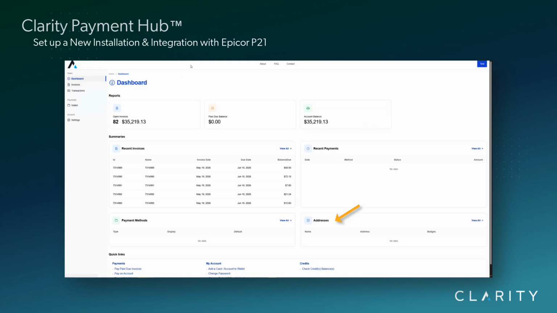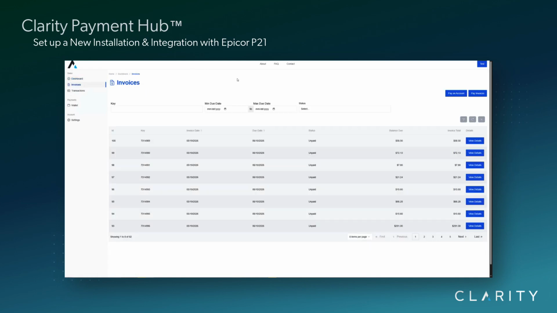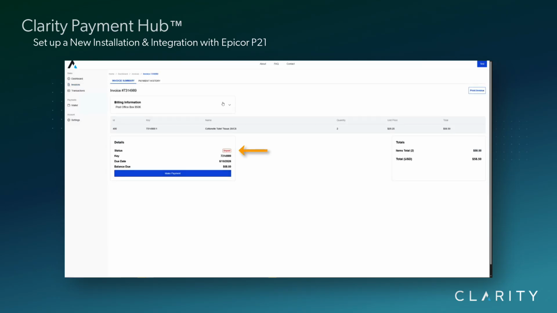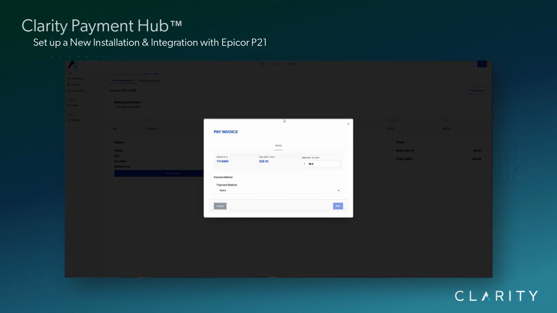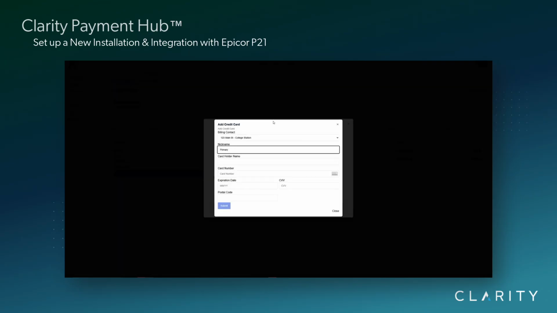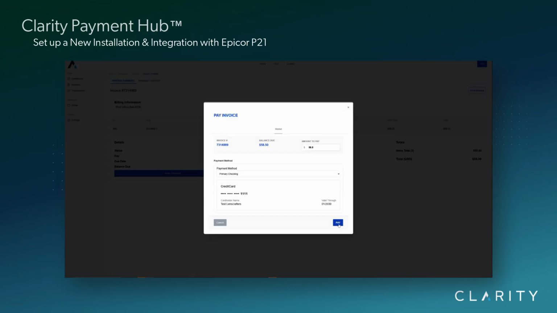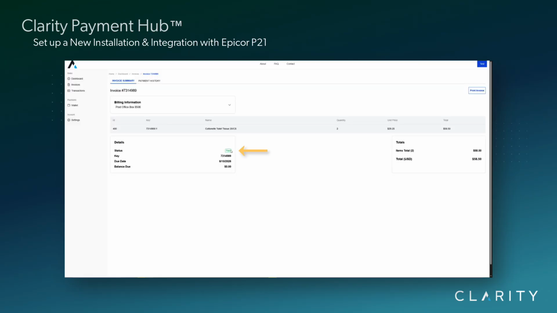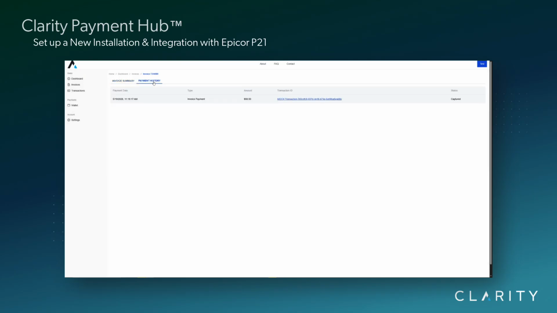We'll jump into the Invoices tab, and we'll pick an invoice ending in 989, and we'll make a payment. Before we do, you can see the red unpaid status and the balance due line of $58.50. Let's make our payment. First, we add the billing address information, then the card information, and click Pay. Once the payment has been processed, we can see that the status is now green and says paid, the balance due is now 0,